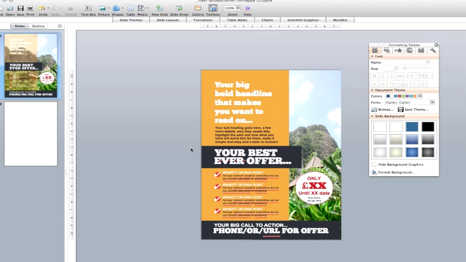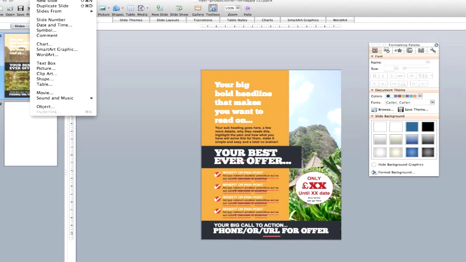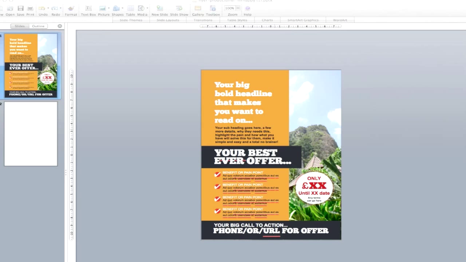So insert your logo somewhere near the bottom of the page, usually the bottom right seems to be a good place. And we've left a space for you on the template down here just underneath your offer. So to add your logo in the same way as we did with the image, we're going to go to Insert, Picture,